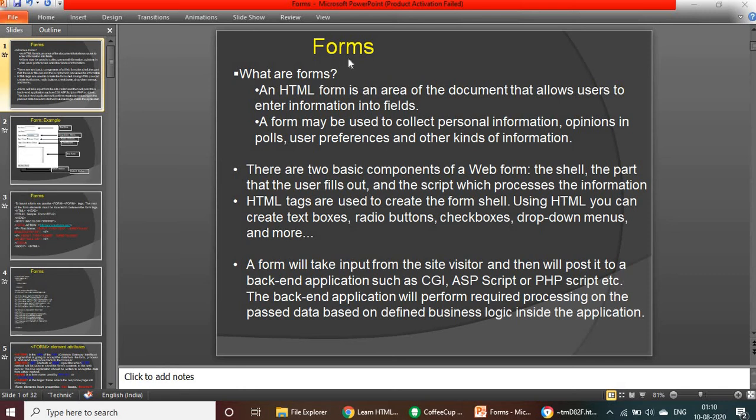Let's see what is an HTML form and how we are going to use it. First, let me give you an example. In most web pages, you have seen the feedback form, right? With name, email address, as well as the feedback comment. Once you click on submit, it will save it into the backend application. Like that, we are going to create an HTML form and save this to the backend application.